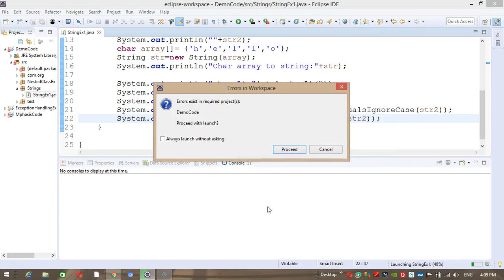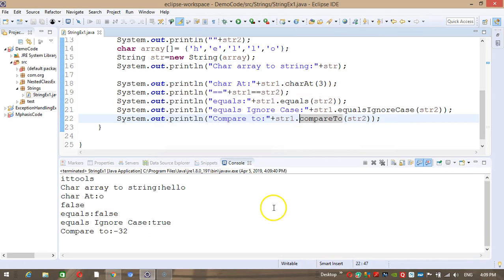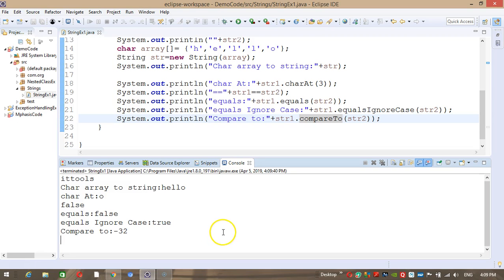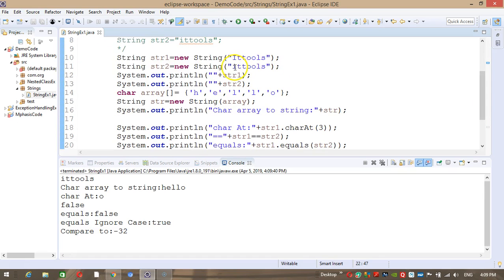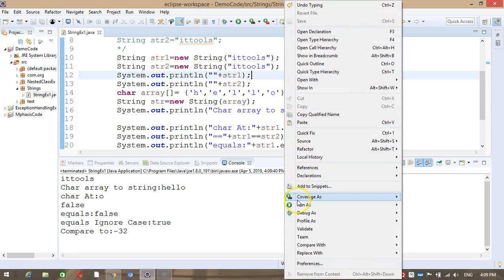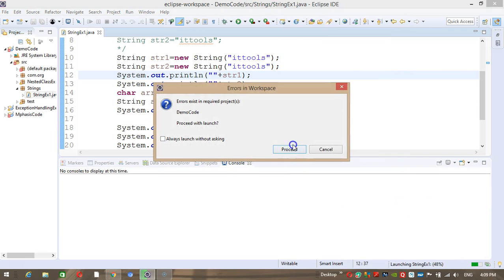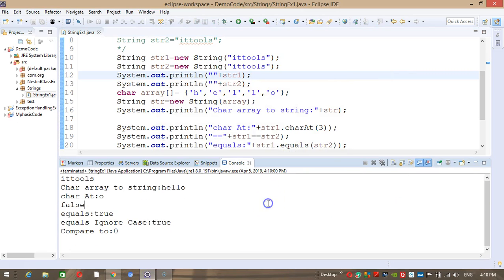If string 2 is greater than string 1, then it will return a negative integer value. So why is it returning negative? Because here i is small, and the ASCII value of small i is greater than capital I. Do you people have an idea about the ASCII value? If you don't have, please go through it. Now it is equal, so it is giving 0.